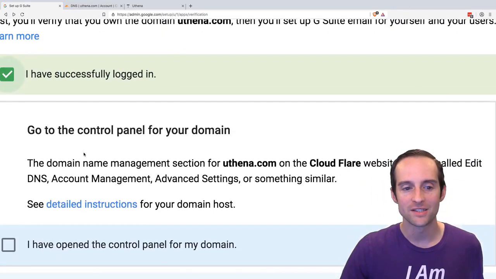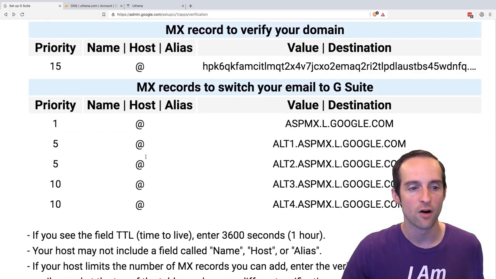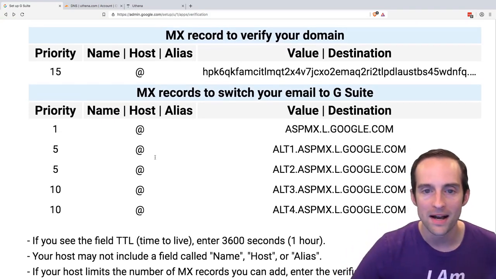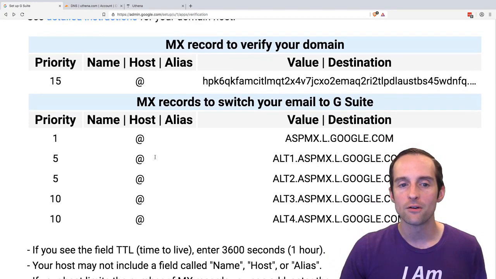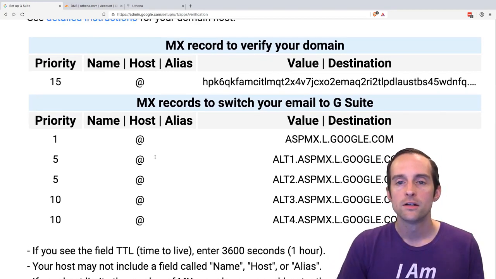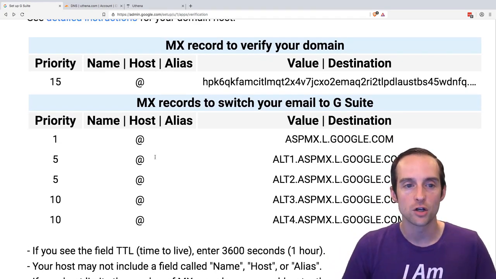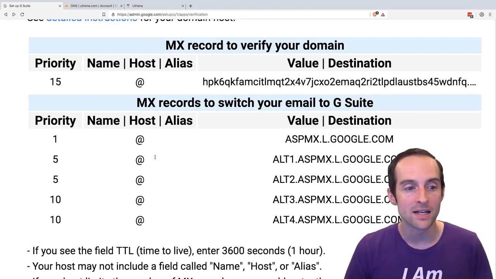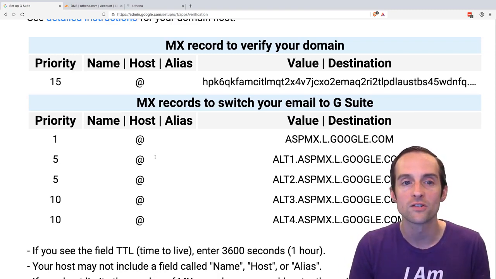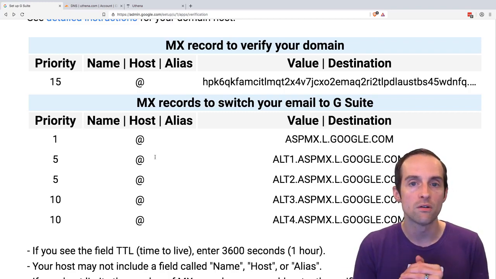So I click, I've successfully logged in. I click, I've opened the control panel for my domain. What I want to do now is use an MX record to verify my domain. The MX record that I verify my domain with will point to Google servers, and it will tell Google that I